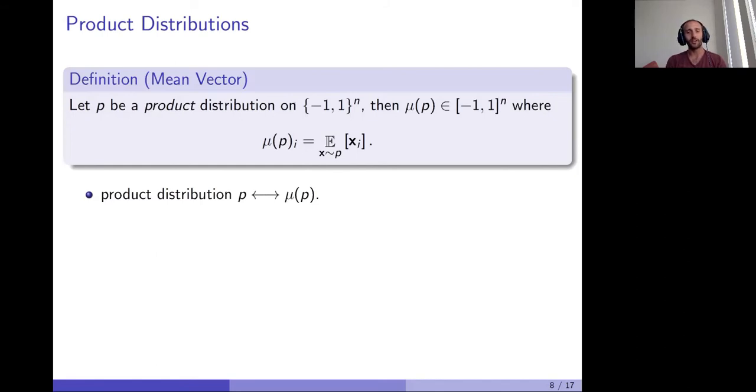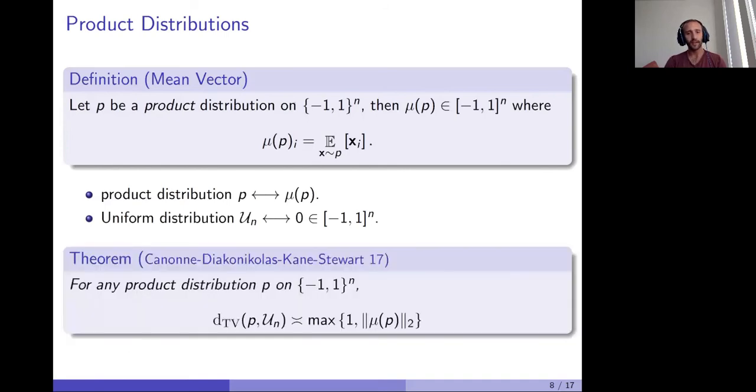If you have an arbitrary mean vector, then there exists a unique product distribution whose mean vector is that vector. In particular, the uniform distribution, which assigns with half probability each bit set to 1 and each bit set to -1, has a mean vector given by the all zeros vector. And this work by Canonne, Diakonikolas, Kane, and Stewart in 2017, the reason why they can come up with algorithms